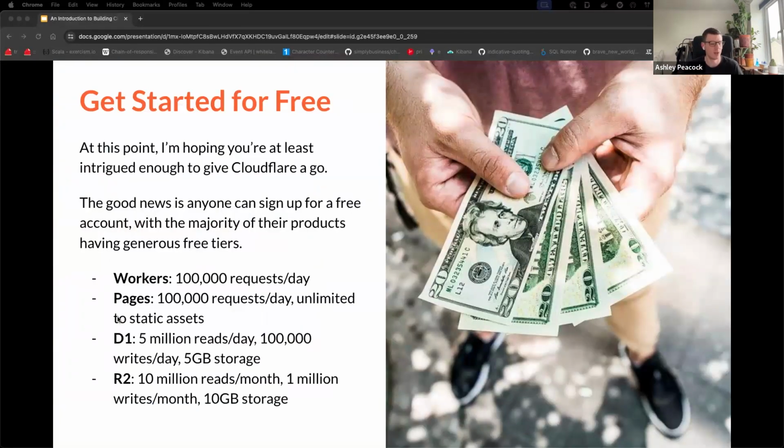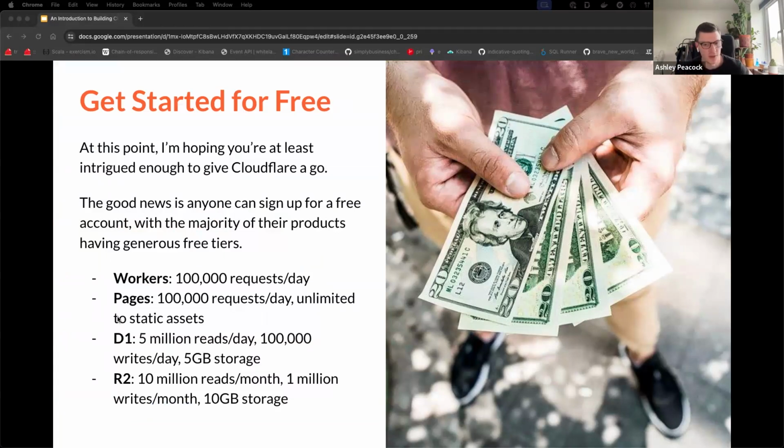And speaking of free, you can get started for free. So it has probably the most generous free plan I've seen. And it's not a free plan for a year. It's a free plan, forever. There's no 12-month gate like you get with AWS, where you get it free for 12 months and you have to pay. With Cloudflare, it's free always.